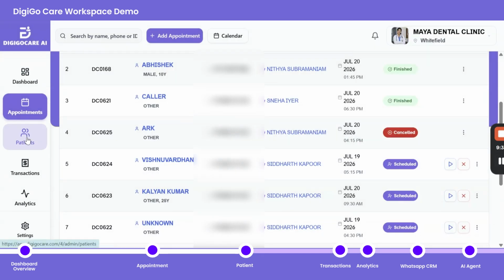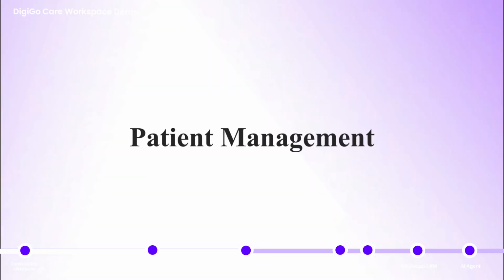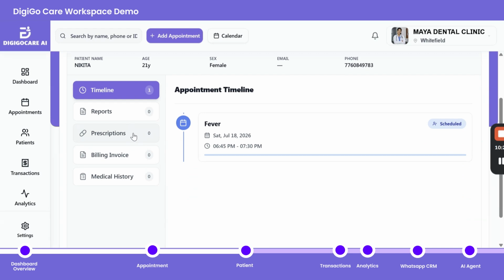So next is patient. Now let's open the patient section. This is where DigigoCare AI becomes more than a simple appointment booking system. Each patient can have an organized digital record inside the clinic. Inside the patient profile, we can access different areas including timeline, reports, prescriptions, billing invoice, and medical history.